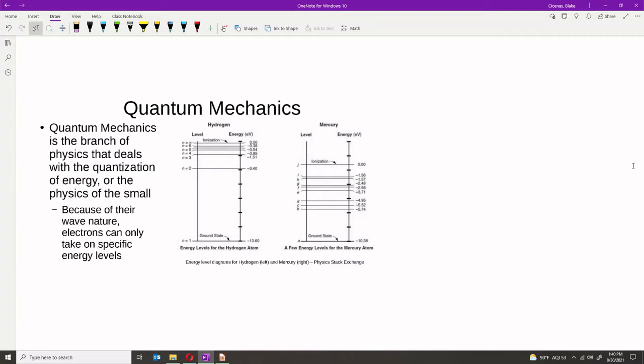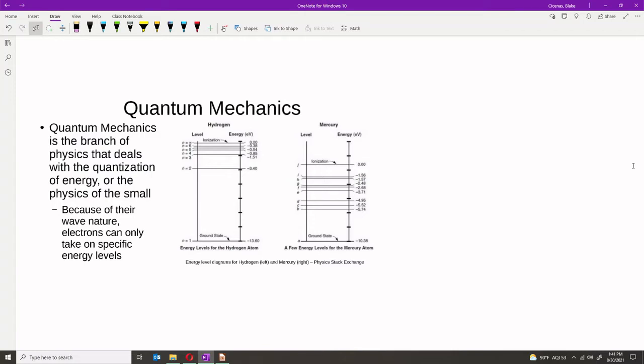As I mentioned before, every particle is a wave and every wave is a particle. That means electrons can only take on specific energy levels. So not only is a photon a particle, but it's also a wave. An electron is also a wave. Neutrons can become waves. Neutron microscopes, if you ever heard of that, basically use the wave properties of neutrons